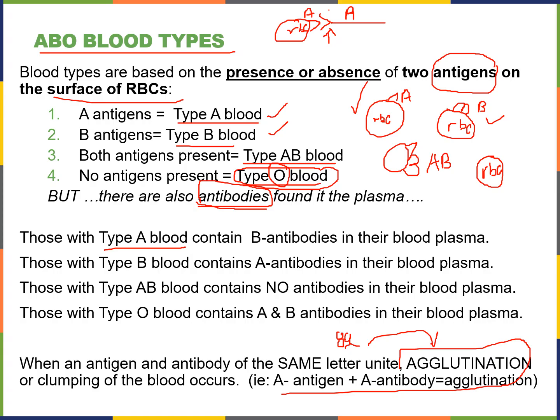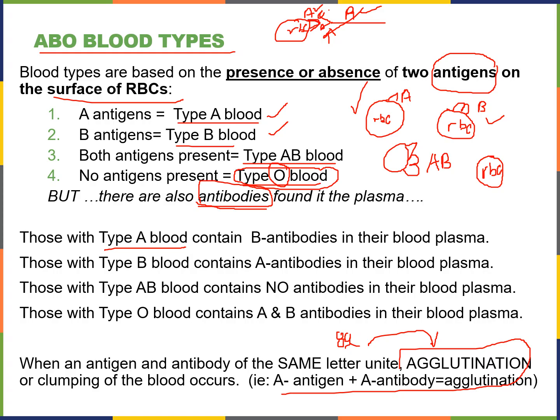So the key to understanding this is that an A antibody can only bind to the A antigen. That's how antibodies work. Antibodies have defined specificity. The B antibody cannot bind to the A antigen. So since the B antibody cannot bind to the A antigen, think of it, it cannot see, right? Because this is the part of the antibody molecule here that basically sees and binds to this,